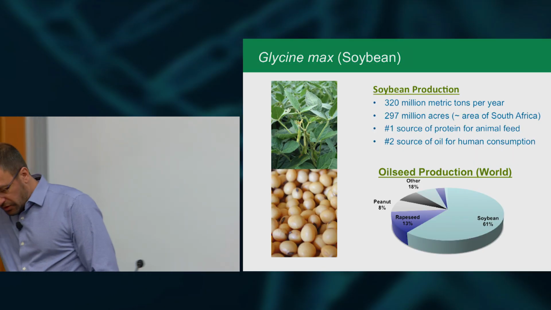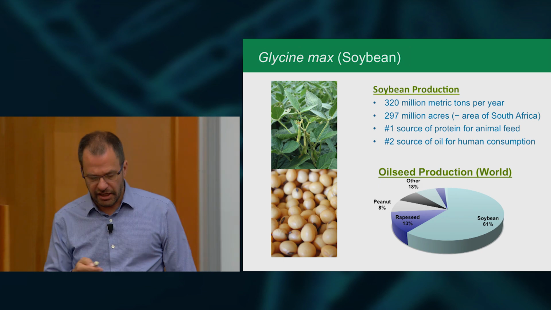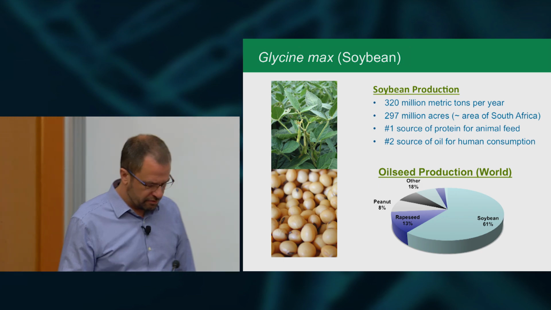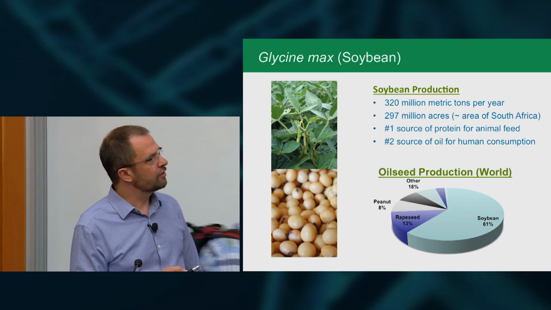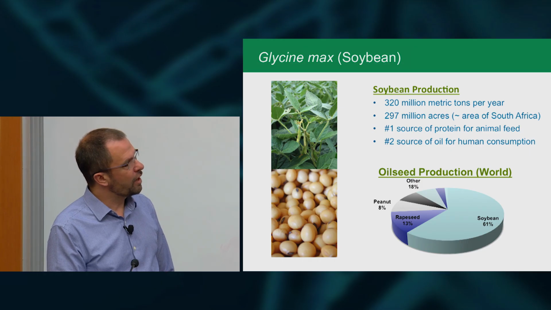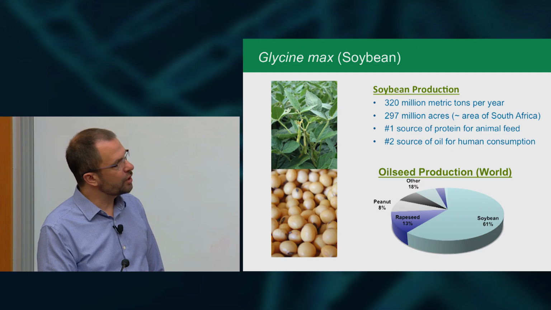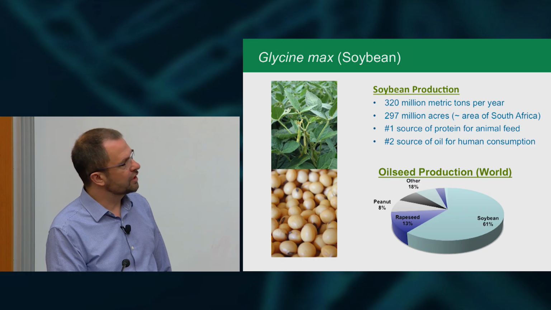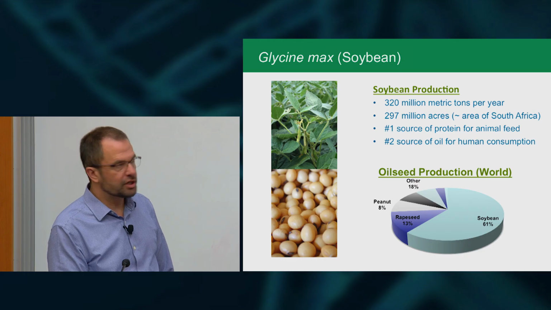One of the plants that we're interested in modifying at Calyxt is soybean. Of course, soybean is a really important food crop, both for livestock and for humans. In terms of animals, it's the number one source of protein. After the soybean seeds are harvested, they're pressed, and a soybean meal is produced that is used as a source of animal feed. But then the oil that also results from pressing and crushing the soybean seed is used for a variety of purposes, particularly in cooking.